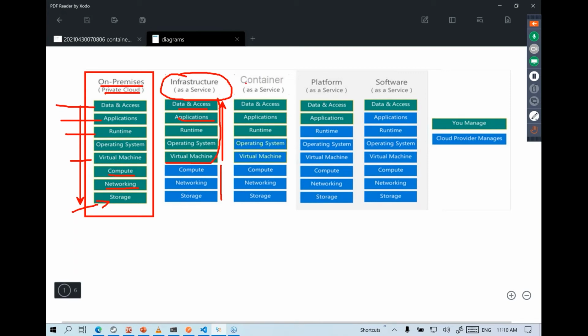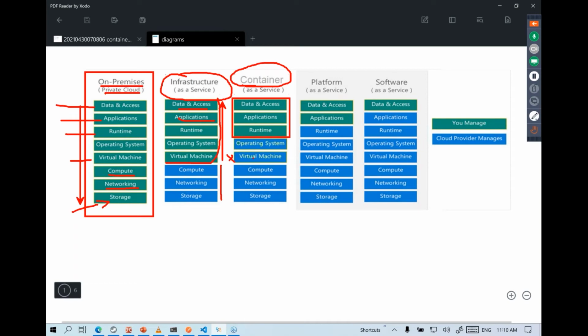But before I talk about the drawbacks, we have the main focus of this session that is known as container as a service, CaaS. So in case of container as a service, notice that you're responsible for fewer things. The major benefit here you can see is that you're not responsible for any hypervisor.